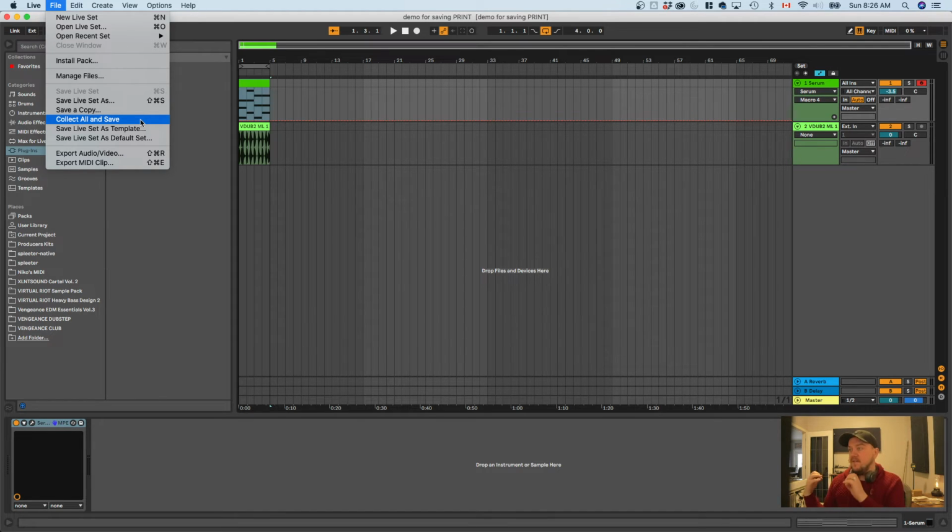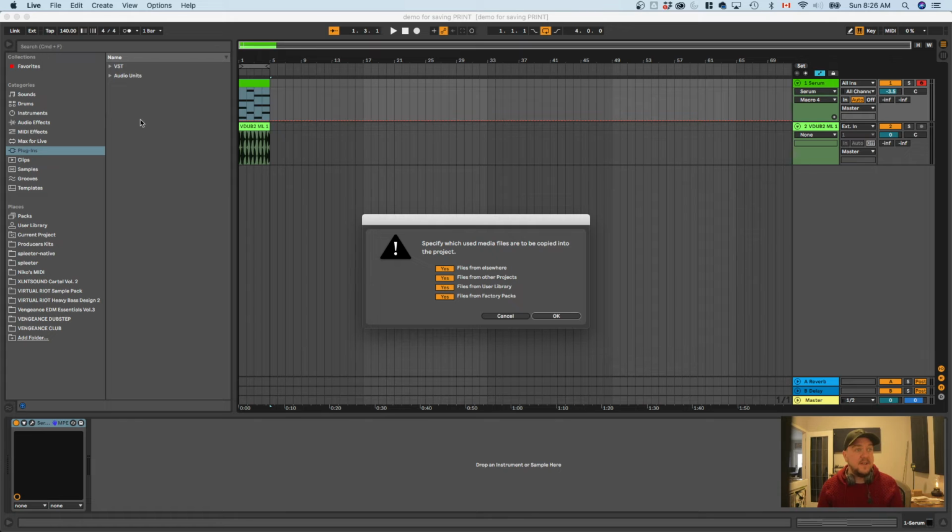your hard drive. If you have downloaded producer packs from like Excellent Sound or whatever, it's going to collect them all from wherever they are, and it's going to stick them in that folder on your desktop automatically. So that's what Collect All and Save does, because it brings